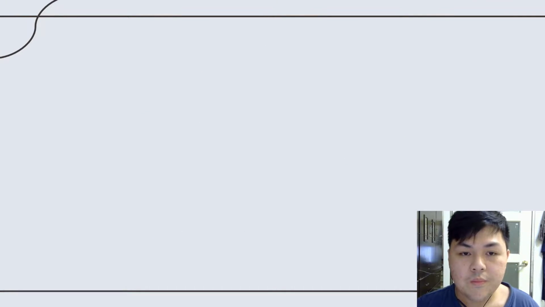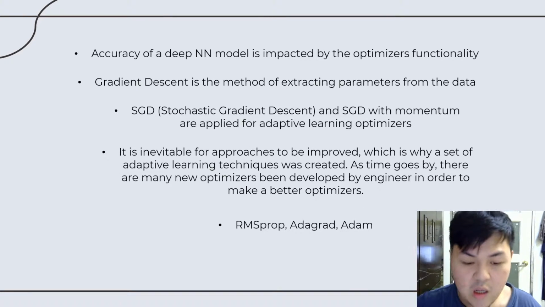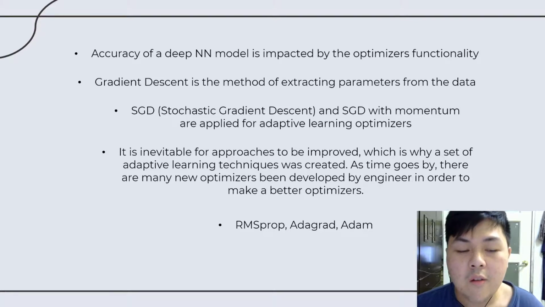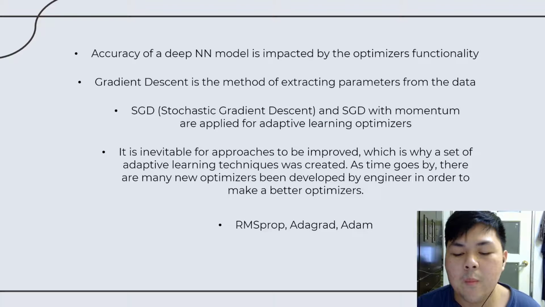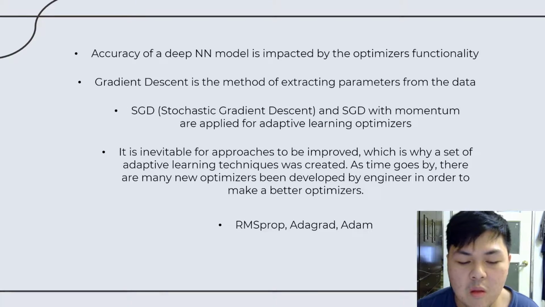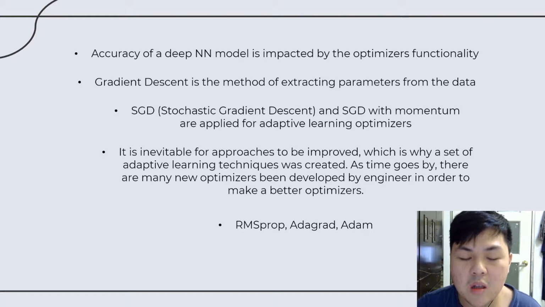So the accuracy of a deep neural network model is impacted by the optimizer's functionality. And although deep learning falls within the category of parametric techniques, it aims to loosen up as many assumptions as possible. Gradient descent is the method for extracting parameters from the data, and the optimizer choice for neural networks and many machine learning techniques is gradient descent,